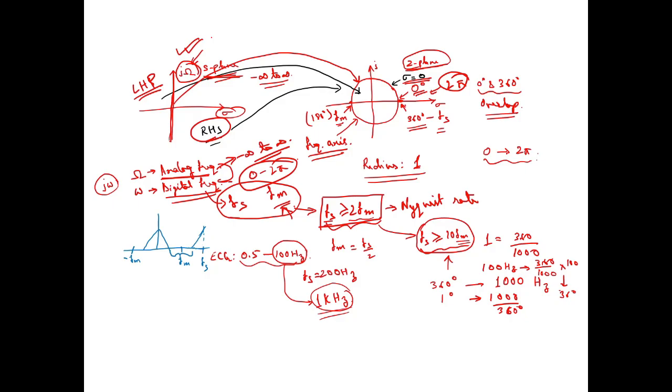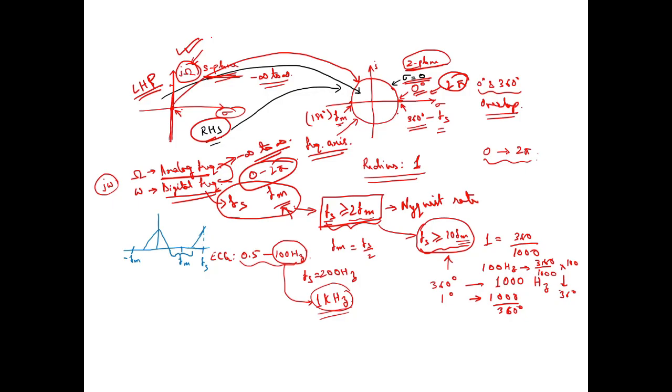Okay. So what will happen? If we start from 0 in the analog domain, from 0 hertz we will come to the Fm. Then from the Fm to whatever the sampling frequency is, we will go over there, and after that frequency,